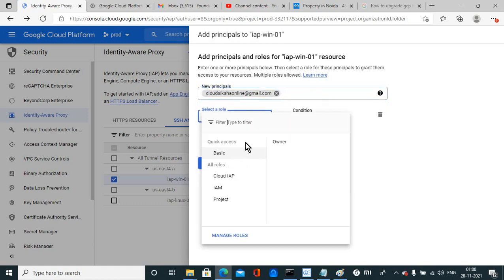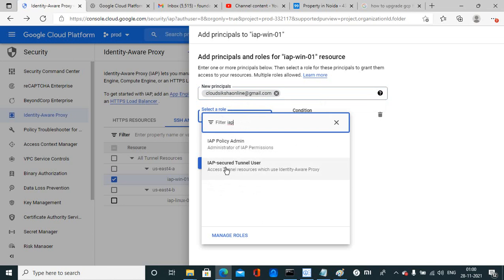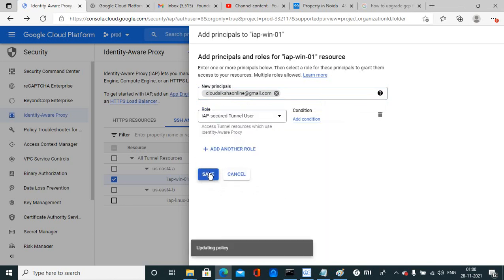Okay, here you need to search IAP secure tunnel user, save.